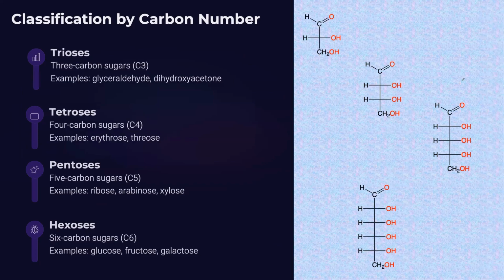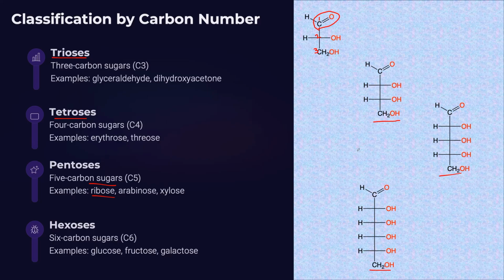Now, the other way of classifying, other than functional group, is based on the number of carbon atoms. In this case, there are 3 carbon atoms, and this is based on the total number of carbon atoms in a given structure. So this becomes a triose. Because the functional group here is aldehyde, we can call this an aldotriose, or simply a triose. And then there is a tetrose, which has 4 carbons. Pentoses are 5 carbon sugars, such as ribose, an important sugar molecule when you go to nucleic acids. Hexoses include glucose, fructose, galactose.